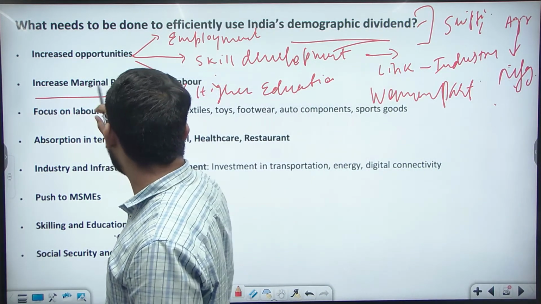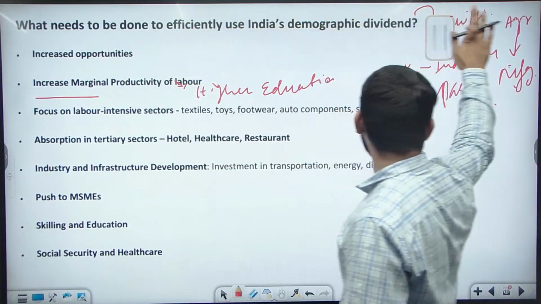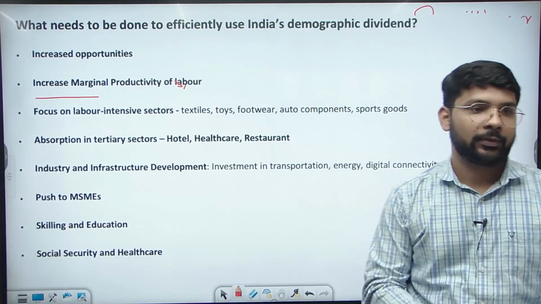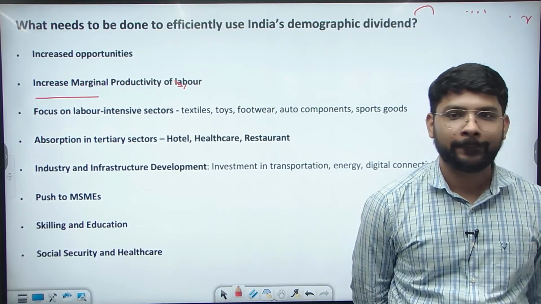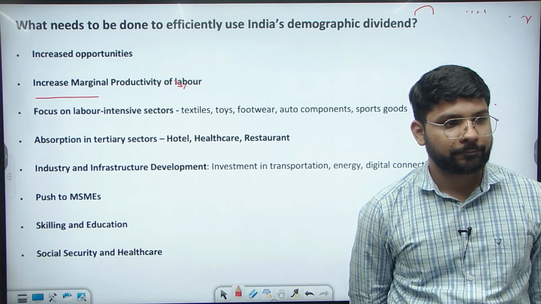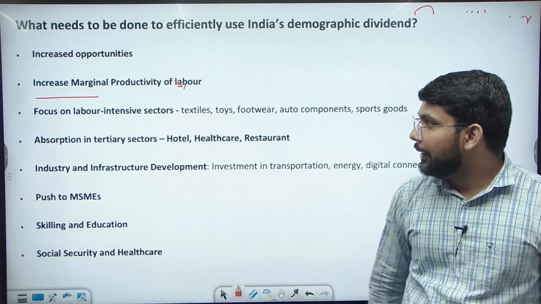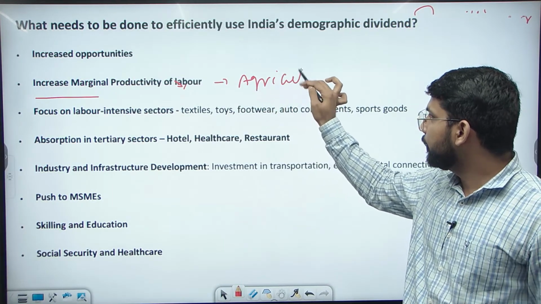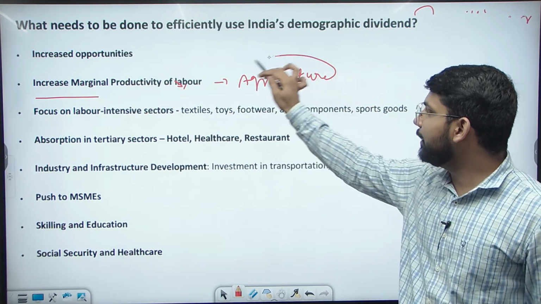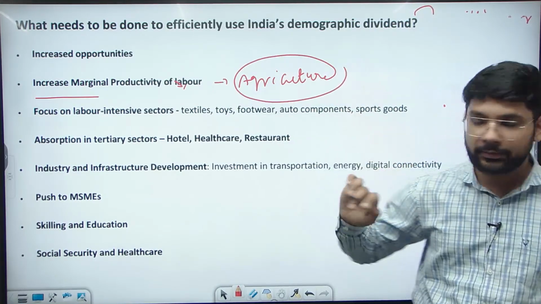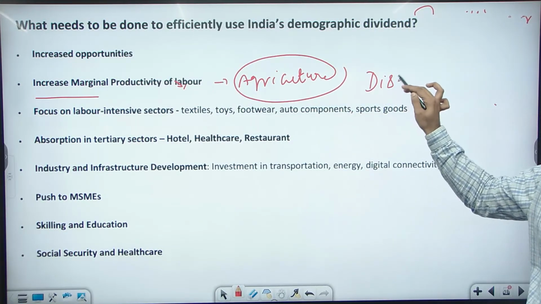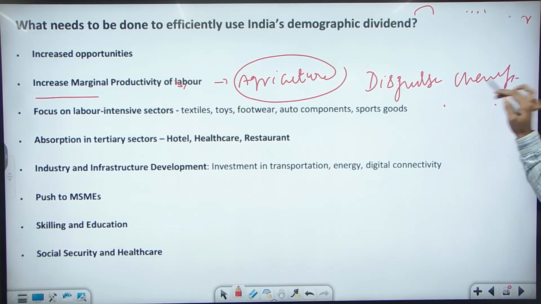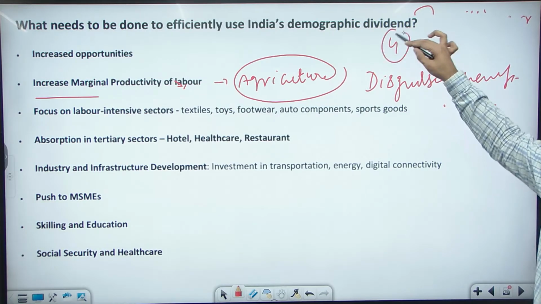Second is the increased marginal productivity of labor. What does it mean? Extra productivity: what is given and what you can produce extra with that. Like in agriculture, which type of unemployment is there? Disguised unemployment. When only 4 people are required and 7-8 are working,